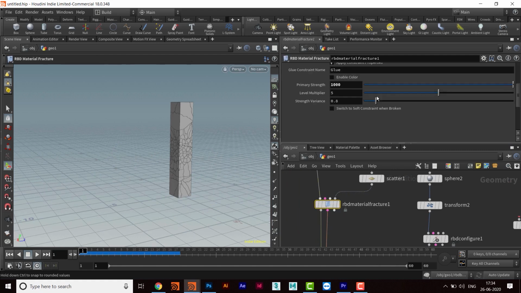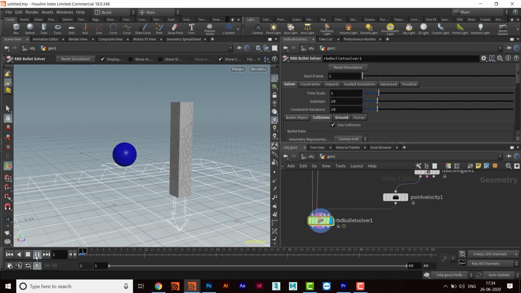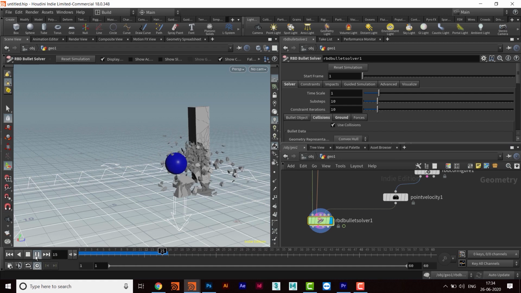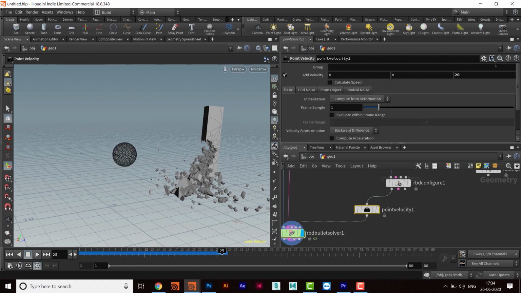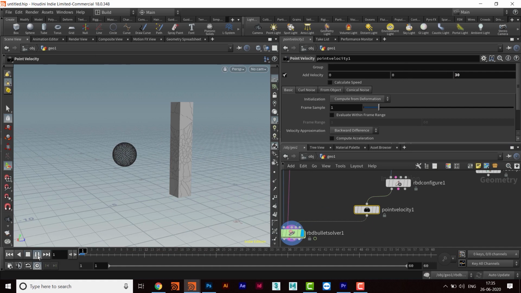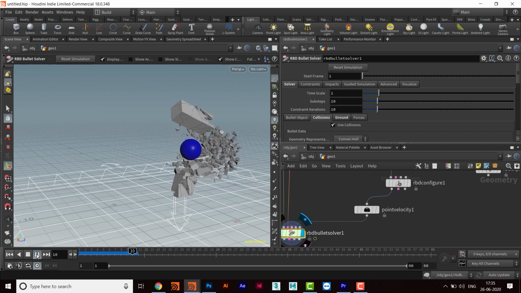So I'll go back and maybe make it 500. Right. And increase the velocity to 30. All right.